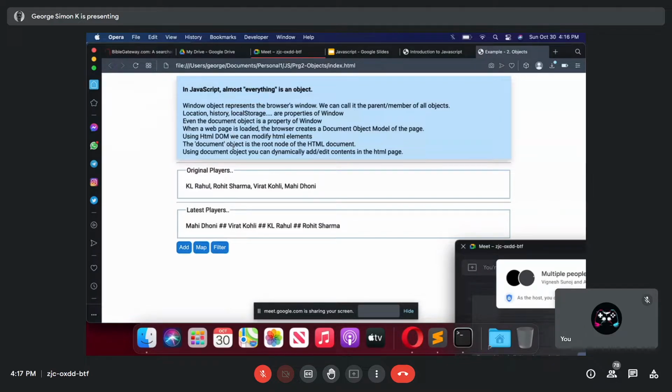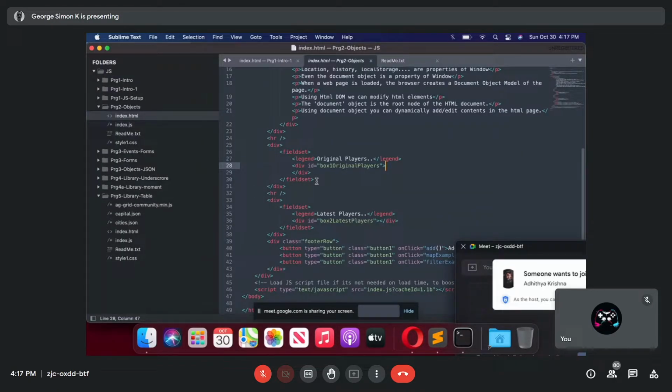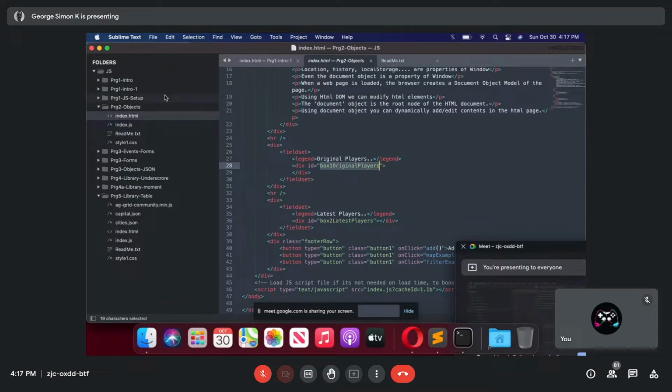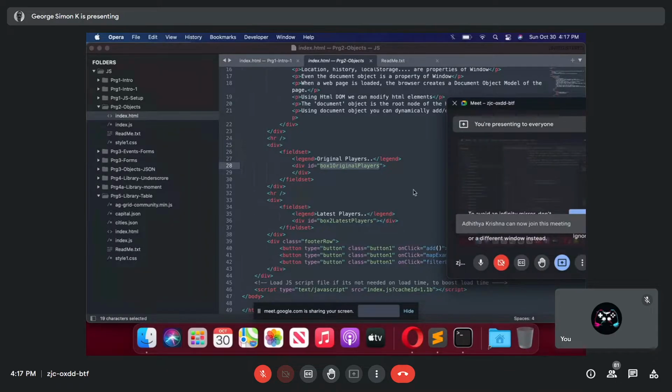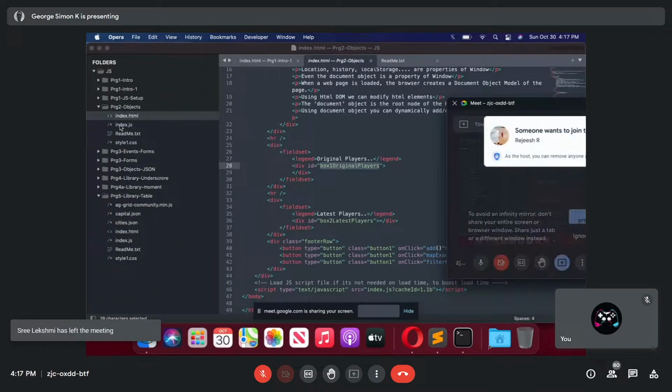In this example, we are going to look at a very simple example with the document object. As usual, I've written the JavaScript separately.